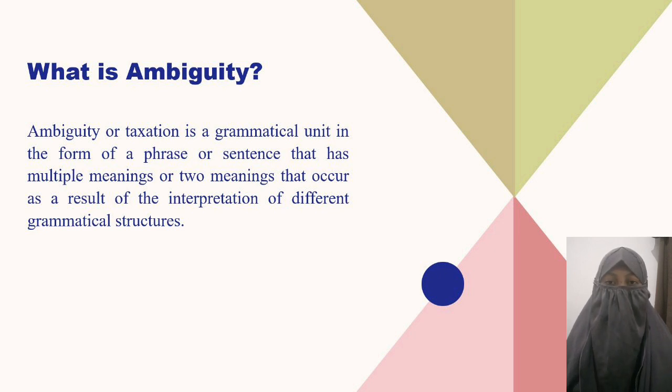Ambiguity, or taxation, is a grammatical unit in the form of a phrase or sentence that has multiple meanings, or two meanings, that occur as a result of the interpretation of different grammatical structures. In spoken language, this double interpretation will not occur because the grammatical structure that is spoken will be assisted by